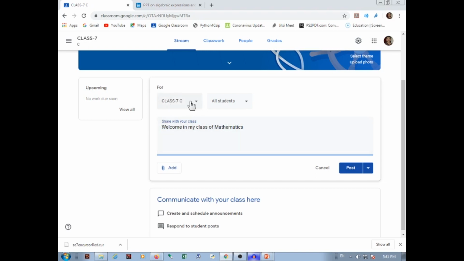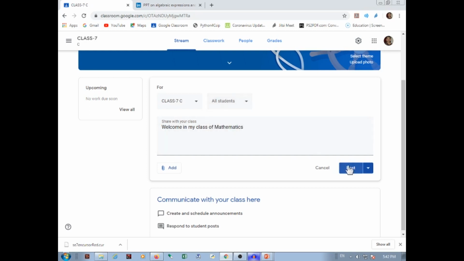If you have multiple classes and you also want some other class to join, generally it is a similar class but multiple classes are also there. If you want to select a different class or multiple classes, then you can also do it, and it would be for all students. See here, if you want to give it to a particular student, one student I have added, so this one is my added student. If I don't want to give it to all students, then remove this tick and select a particular student and then send it. In this case I want to give to all, so I can give it to all.